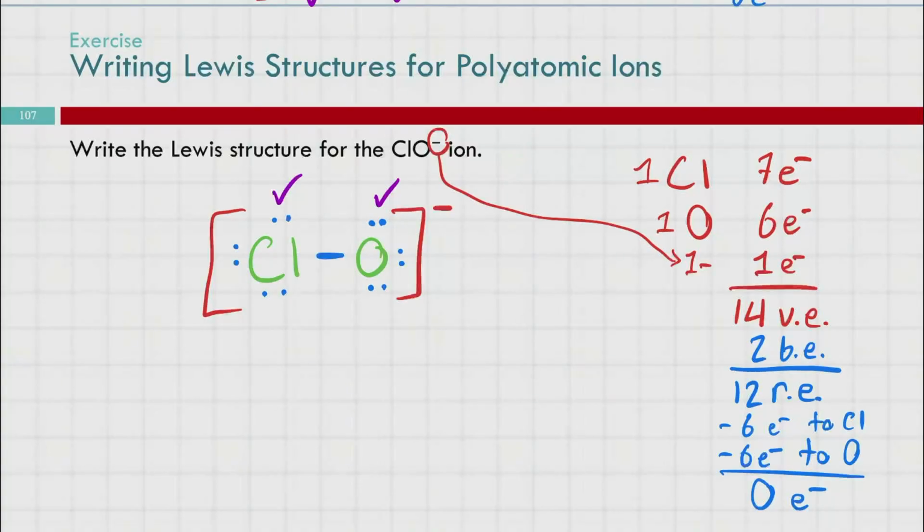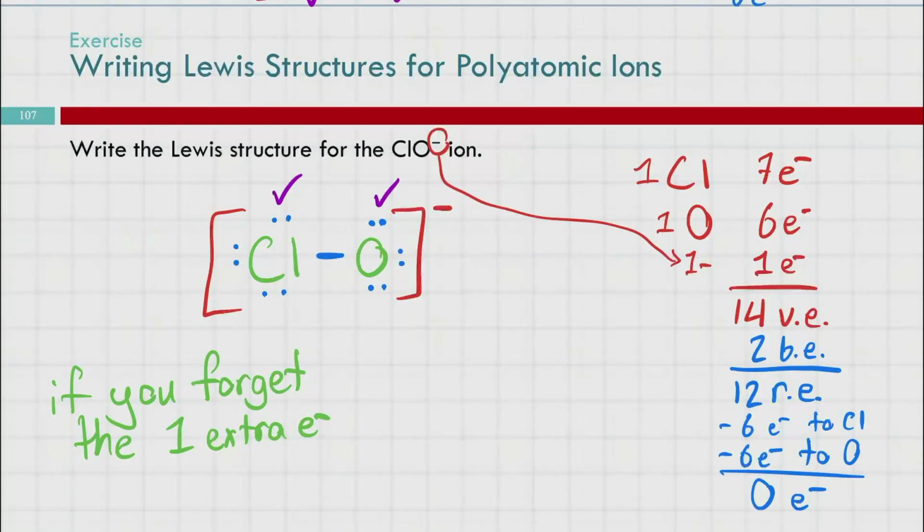If you forget to add in that 1 negative electron, or that 1 electron from the negative charge, what you would end up getting, if you forget the 1 extra electron, you get bamboozled. You would end up with chlorine bonded to oxygen. One of them is going to have 6 electrons, the other one will have 5, and you are never going to get those to both have full octets,